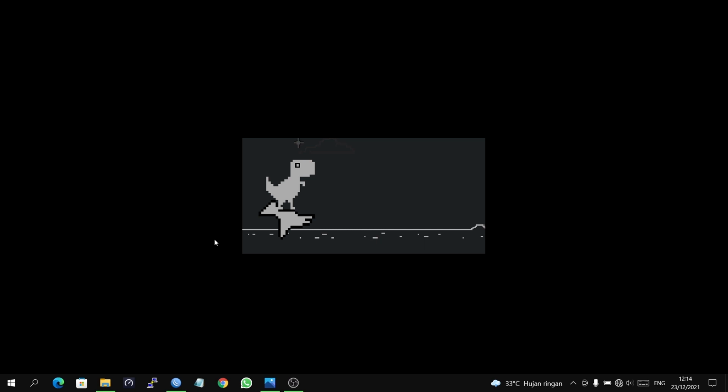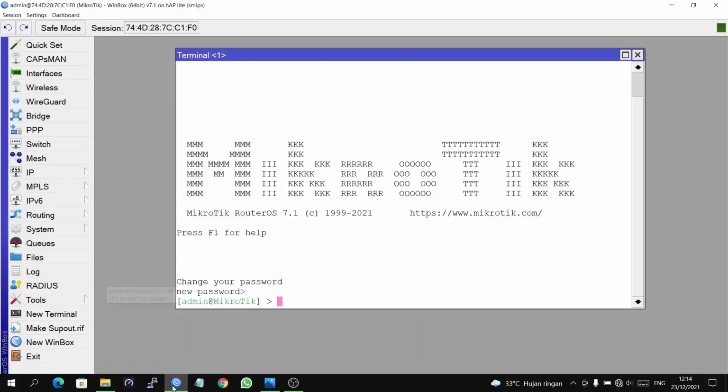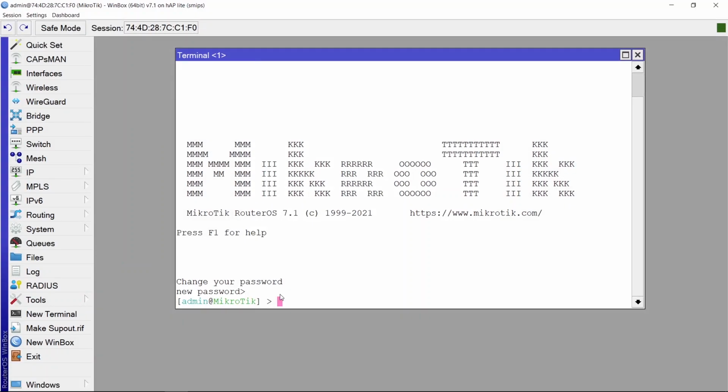Okay, for configuration, first remote the router using application inbox.